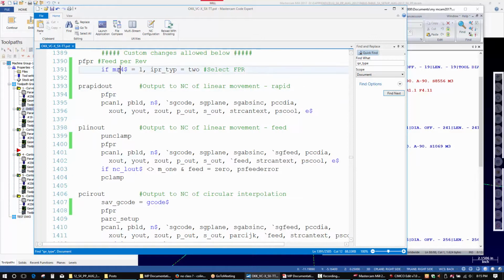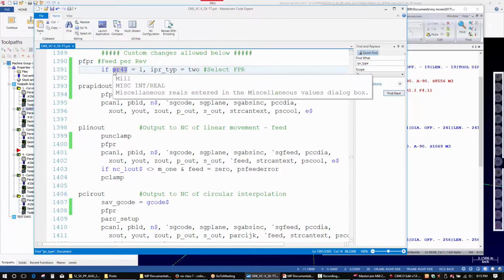Now we just have to remember that we used MR4 for selecting feed per revolution mode, if you will. The other place to do this, because we're doing it with an MR4 variable,